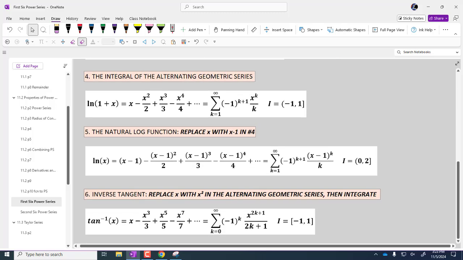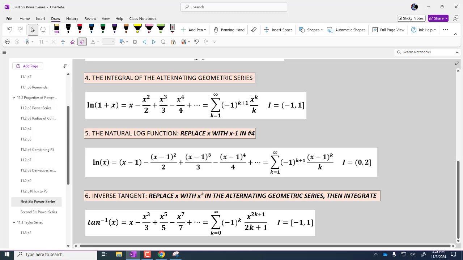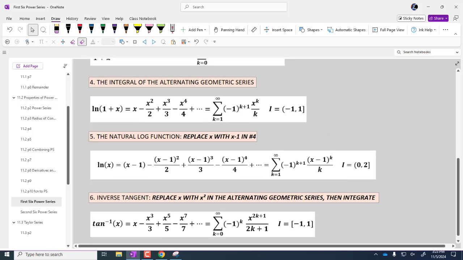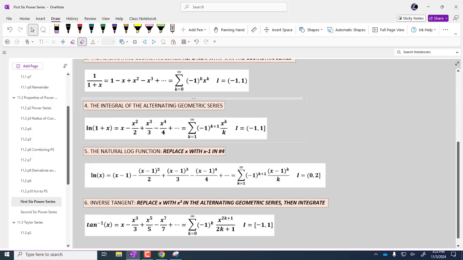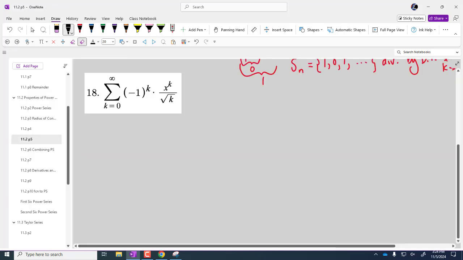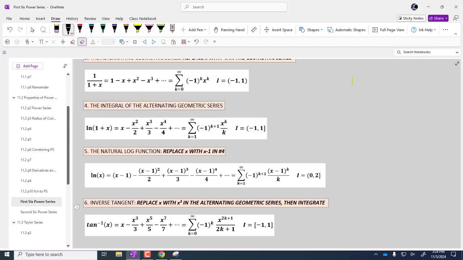Now let's come down to inverse tangent. Tell me how to get to inverse tangent from this. What would I need to replace that x with to do some math to get to inverse tangent? So if we replace the x with x squared in the alternating geometric, we would have this power series for,